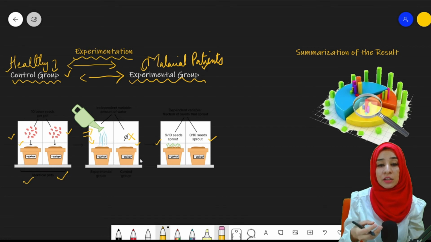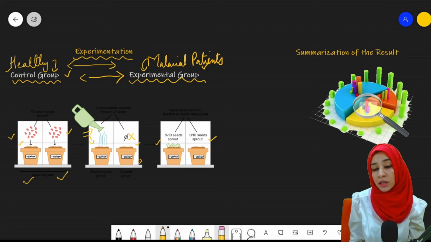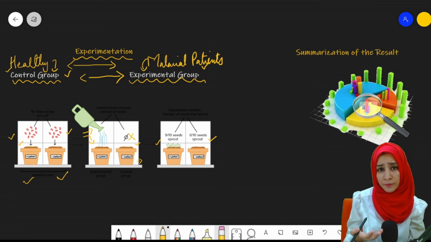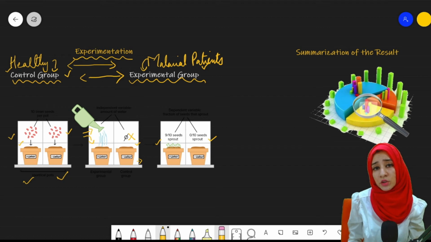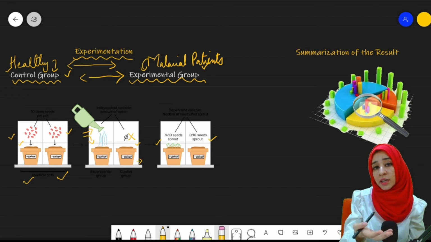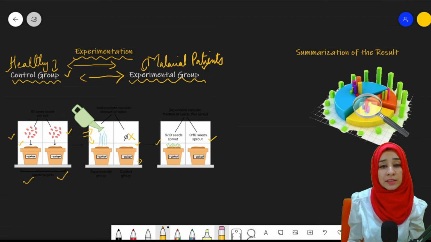The seeds did not grow into baby plants. And therefore, this one is the experimental group. Another thing that we can discuss here is that we know carbon dioxide is very much necessary for photosynthesis. And what is photosynthesis? The process to make food that is used in the plants, right? So the plants use that process to make food, and carbon dioxide is very much necessary.